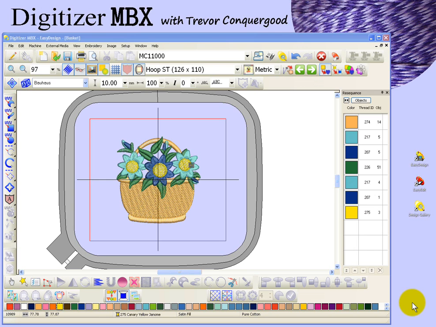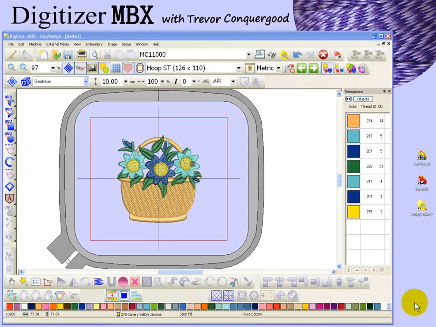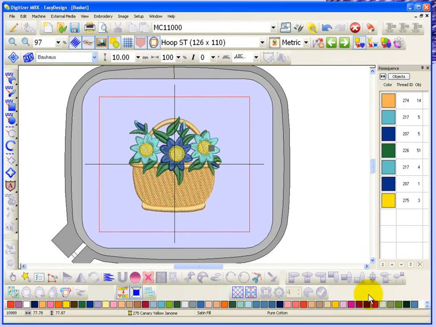In this segment, I'm going to show you how to customize your thread chart. Now, if you look at my desktop, you can see that I have my thread chart placed along the bottom of my window. And if I mouse over top of the thread chart, you can see that it tells me here that this is number 202 Vermilion thread by Janome color palette, and this one is the 208 purple, and